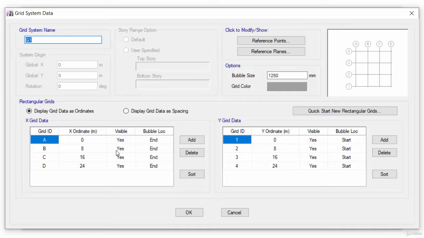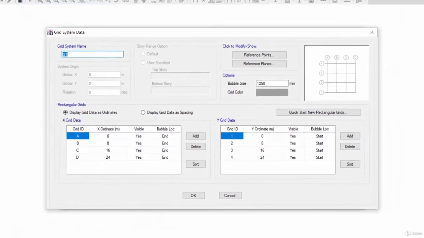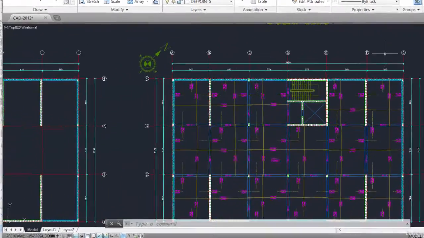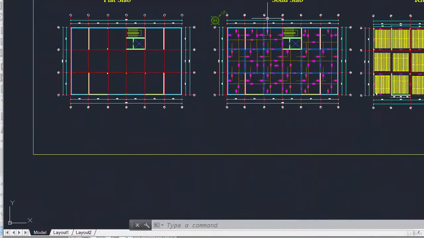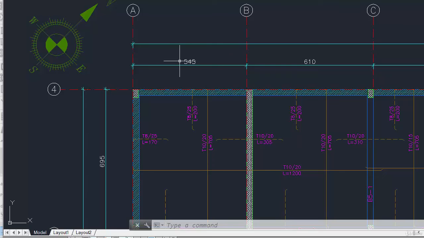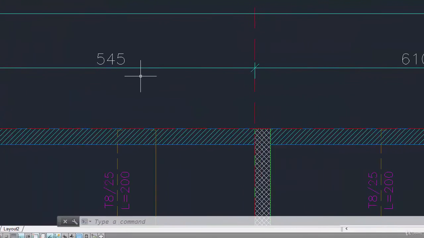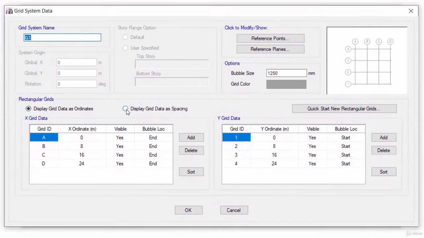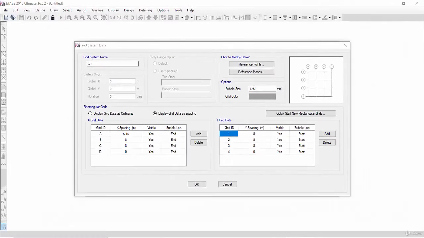We will go to AutoCAD. We will show the shop drawing of any plan, because the grids are the same for all these plans. We show here the first spacing equal to 5.45. So we go to ETABS. First of all, we put display grid as spacing. Now as ordinate, we put here 4 meter point 45,